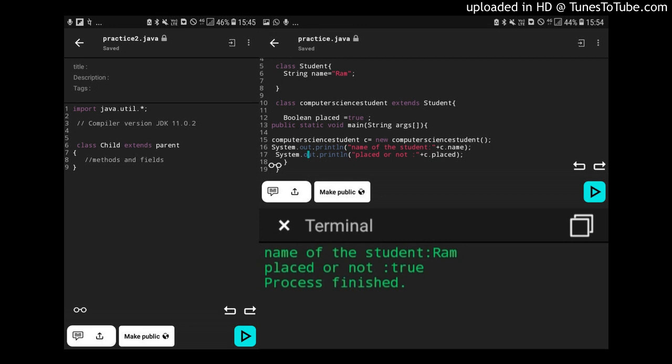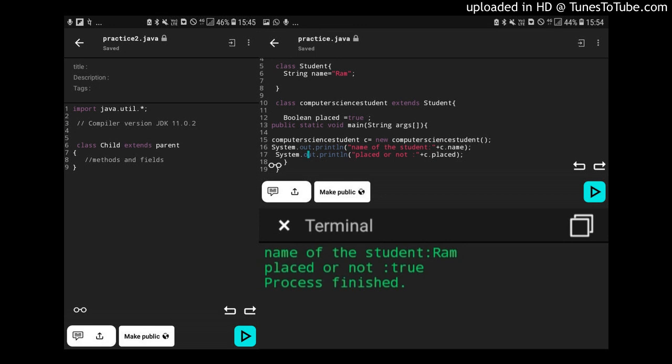There are a few terms used in inheritance, like class. Class is the blueprint, that is, a template from which objects are created. Then there is a subclass or child class, which will be inheriting the state and behavior of the parent class. And then there is the superclass or parent class, the class whose properties and behaviors are inherited, and the one which inherits it is the child class. So certainly code reusability occurs in this.